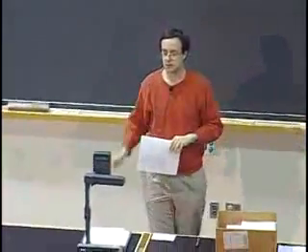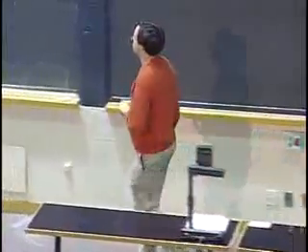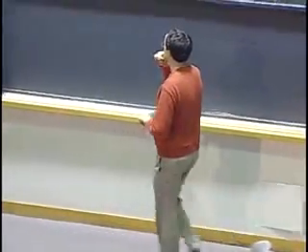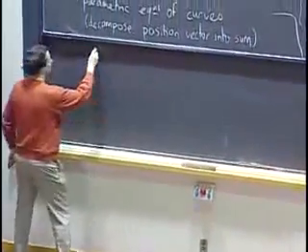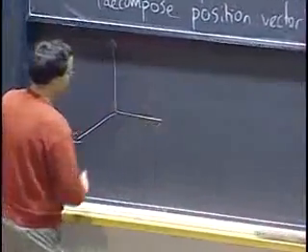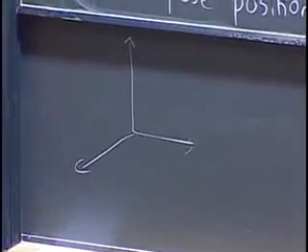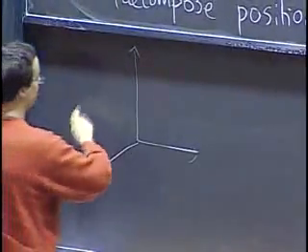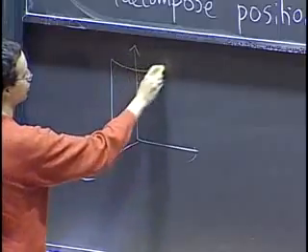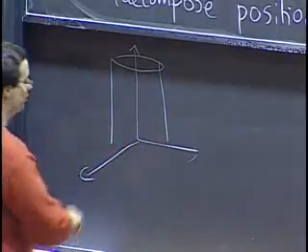Yes? How do you parameterize an ellipse in space? Well, that depends on how it's given to you. But, okay, let's just do an example. Say that I give you an ellipse in space. One exciting way to get an ellipse in space is as the intersection of a cylinder with a slanted plane. That's the kind of situation where you might end up with an ellipse.